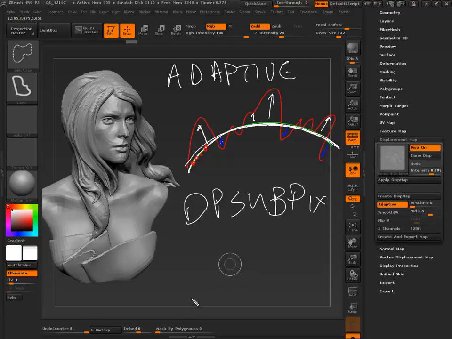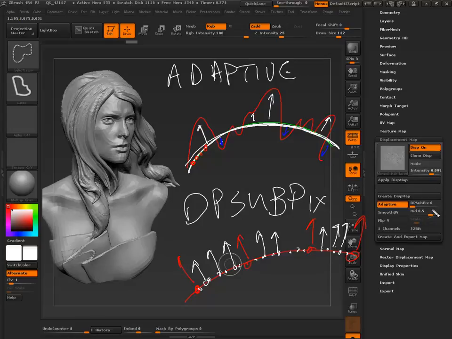Now DP subpix, let's say your low res is as dense as these points. If you have a DP subpix of 0, then you're only going to cast rays out from these points. If you have a DP subpix of 2, then suddenly you start to get more divisions. And then things increase exponentially from there as every face gets more and more. This gives you more rays for casting, and hence more accuracy. If you increase DP subpix, you get more accuracy in your map, but it's very time intensive. And in some cases, you don't need a lot of rays.